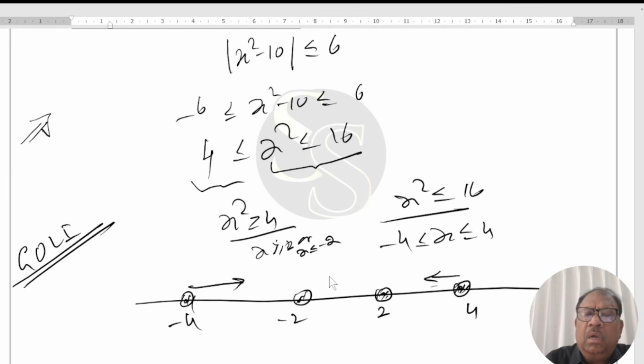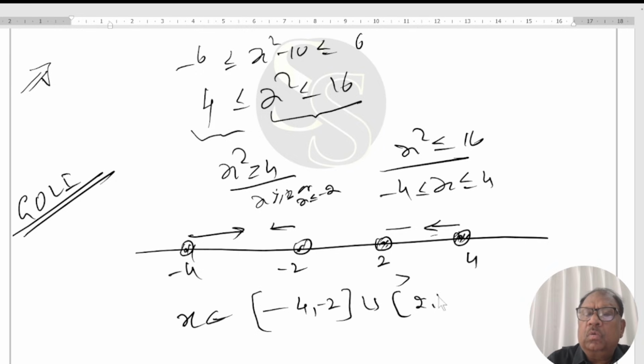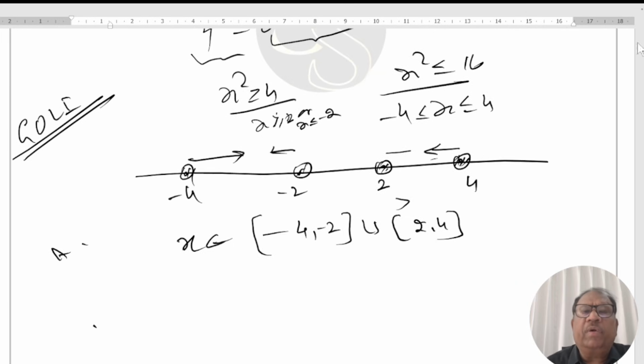Iske accordingly outside, ye iske liye ho gaya, ye iske liye ho gaya. To conclusion will be set A: x belongs to -4 to -2 union 2 to 4. This is set A, right? To find set B,